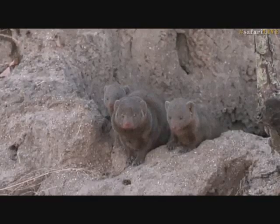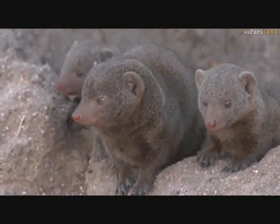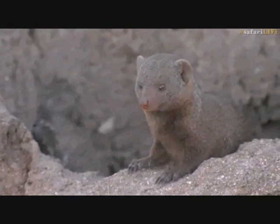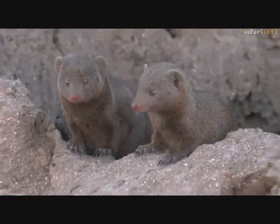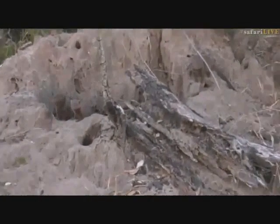Sorry, I was just trying to let somebody know that they can come and have a look. But I think this is definitely one of the alpha ones. I mean, look how much bigger it is in comparison to the rest of them, and also a bit fat. So I wonder if it's actually not the alpha female. There's a tiny one there to the left. Oh no, it's gone back down. So I wonder if perhaps it's not